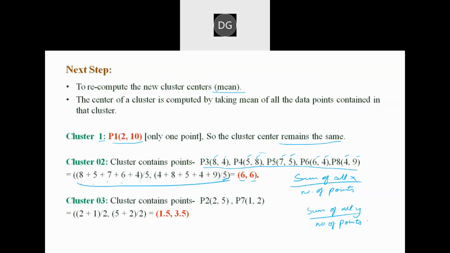Same goes for cluster 3 also. In cluster 3, I am having only 2 points. So 2 plus 1 by 2 and then 5 plus 2 by 2. So now I got the point as 1.5 comma 3.5. Okay, so the cluster 2 value and cluster 3 value, which means centroid positions alone, changed. Okay,